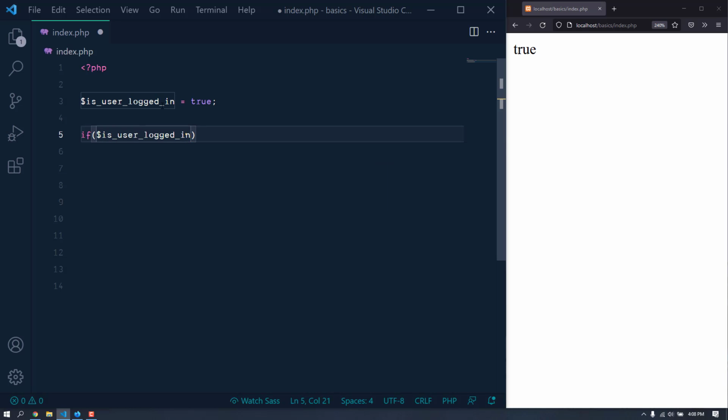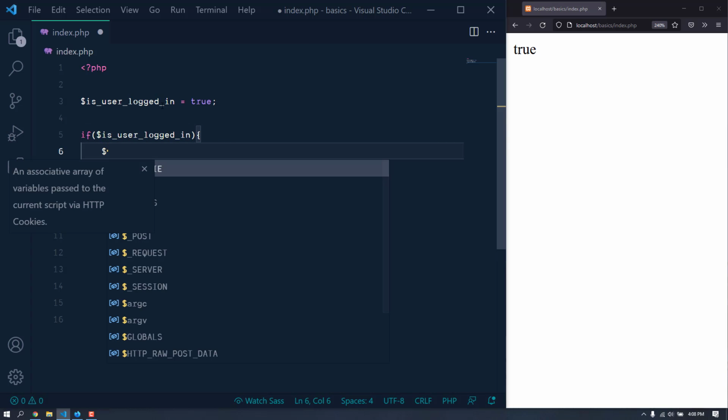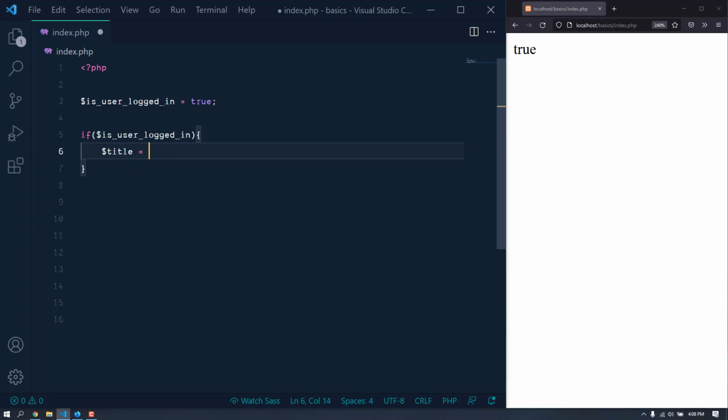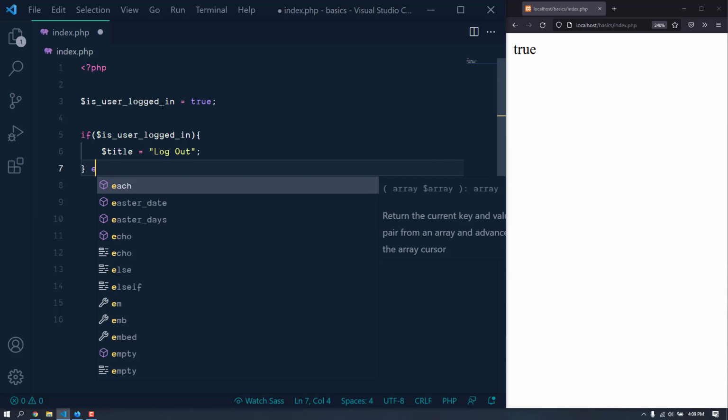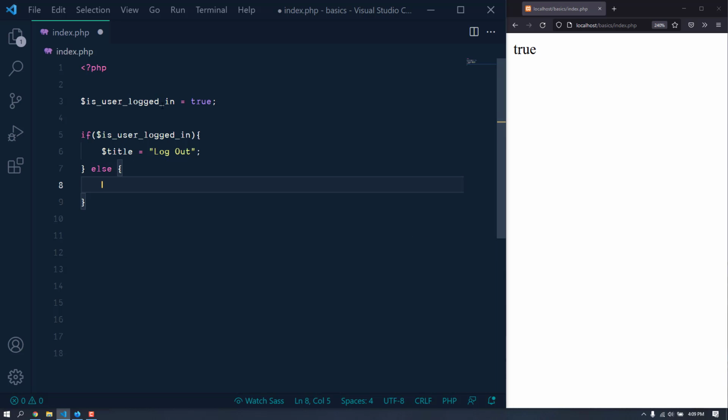If the user is logged in, then let's say we want to create a variable named title. Let's put a value of logout, and if the person is not logged in, then we are going to show him a title of login. Okay, so let's put the else statement here, sorry, and now the value of the title will be